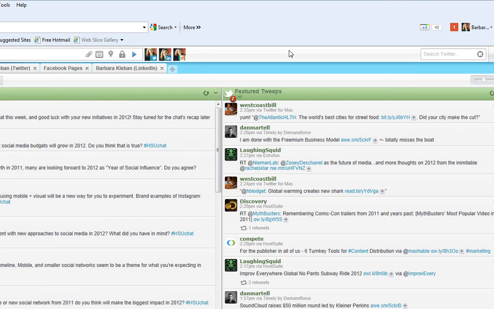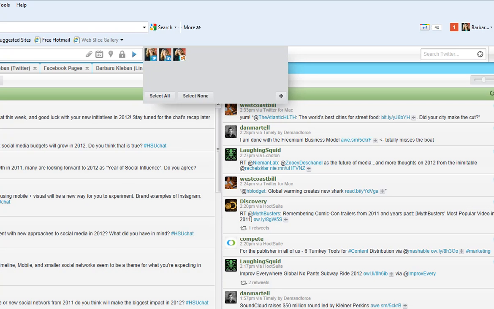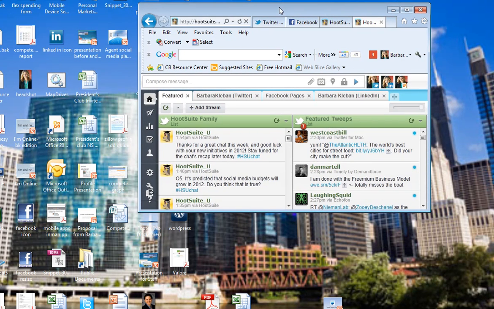Now, if you've just signed up, what you're going to see in the middle of the page is just a blank page because you haven't added anything yet, and it'll say Add Social Network near the top of that list in the middle. If you do already have an account and you want to add a social network, you're going